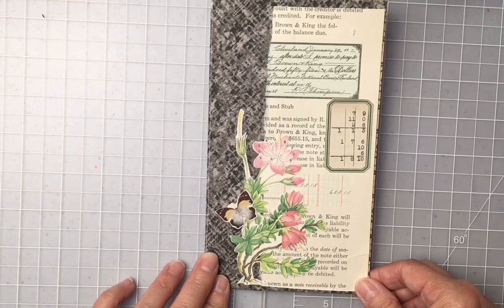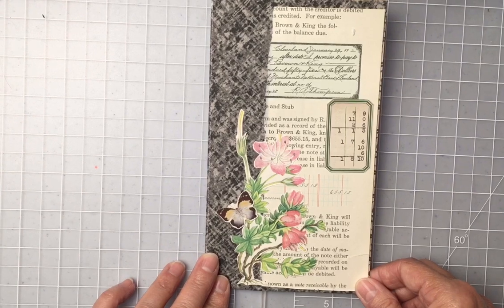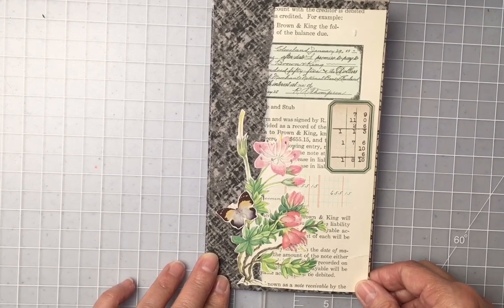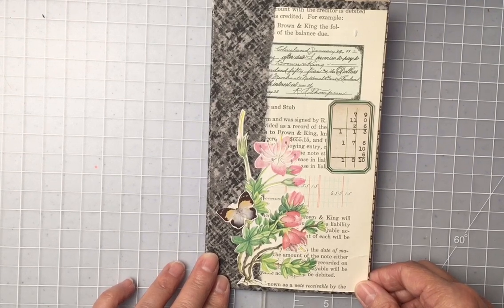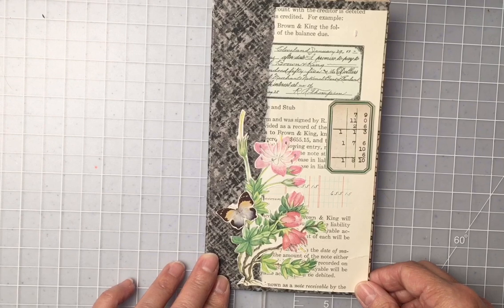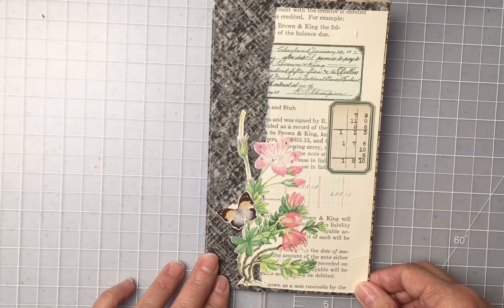And I watched this probably a month ago and just got so excited about it. But I didn't have any of the bags, and so I had to order some of them. And then I had to have some time. This working from home stuff, my word, I am much more tired than I ever was when I worked in the office. But anyway,